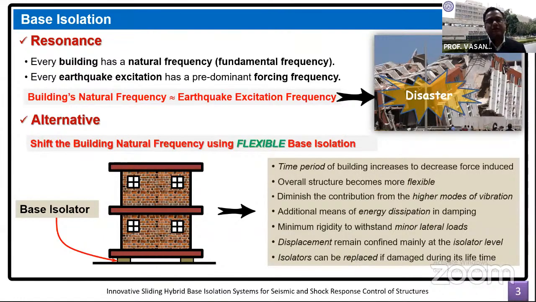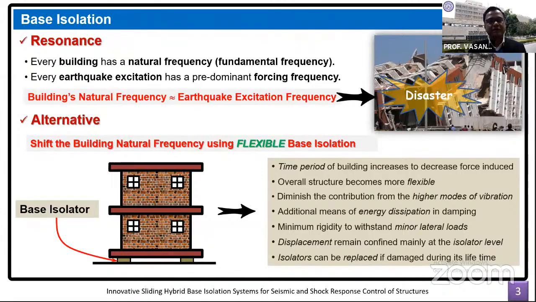In addition to that, another advantage of using base isolation is the change in the fundamental mode shape. So instead of the cantilever mode shape, the first mode, in base isolation, it changes to the isolation mode corresponding to the fundamental frequency or the natural time period, and thereby the superstructure remains almost rigid. There are hardly any deformations in the superstructure in the first isolation mode. So those deformations, of course, are attributed to the flexibility of the isolation system. And we know that flexible structures perform well during the earthquake than the stiff structures.